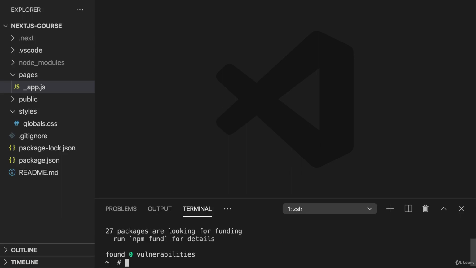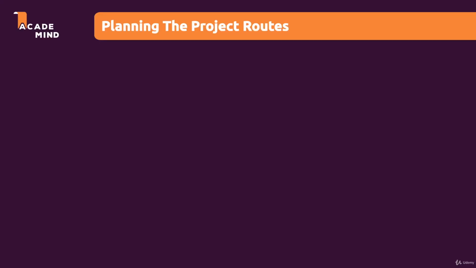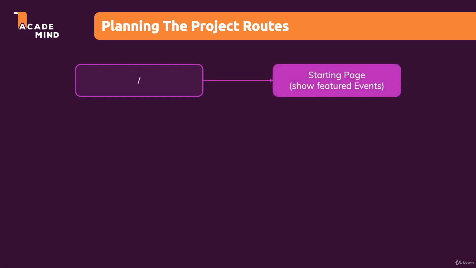But before we write any code, let's plan our project and let's plan which pages we need, for example. Now, this project will only have 4 routes. But with those 4 routes, we are going to practice all the things we learned in the last course section. We will need a starting page, of course. So for our domain/nothing, I want to reach the starting page, and on that starting page, a list of featured